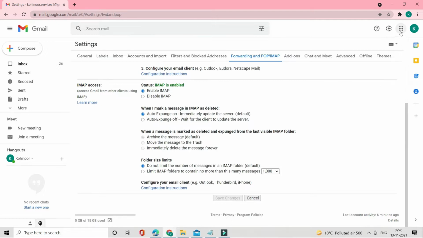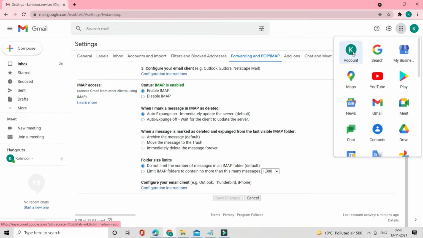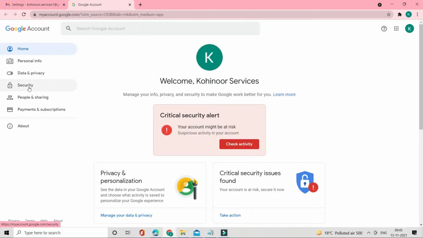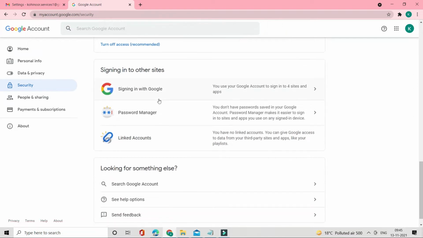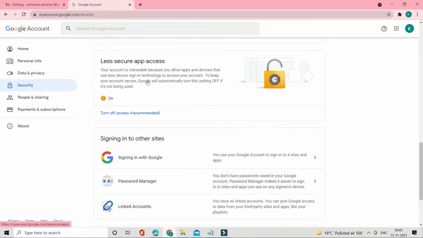The second thing is that you have to go to Google Apps, then account, then from here you have to select the security, and from security go to less secure app access. Initially it is off, so you have to click on this link to make it on. So these are the two settings that you have to do before reading the emails using Get IMAP email message activity.